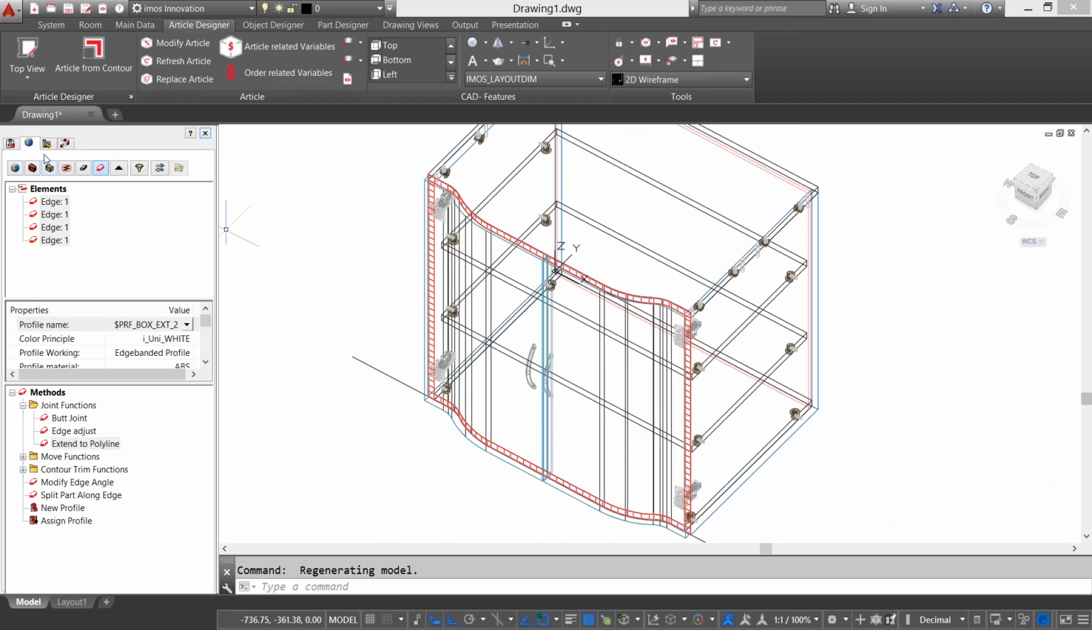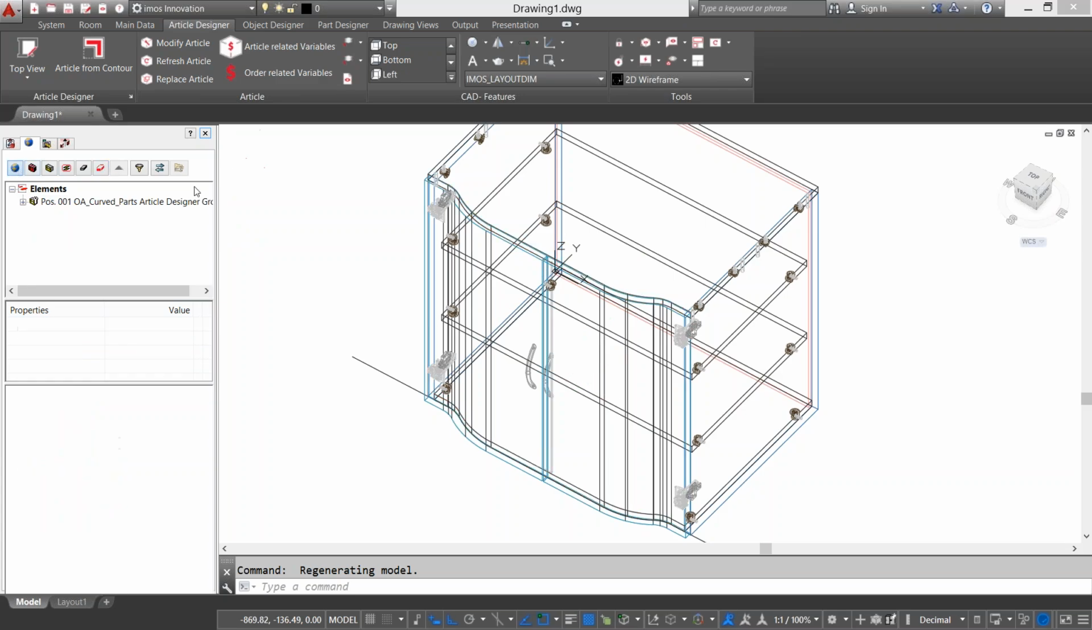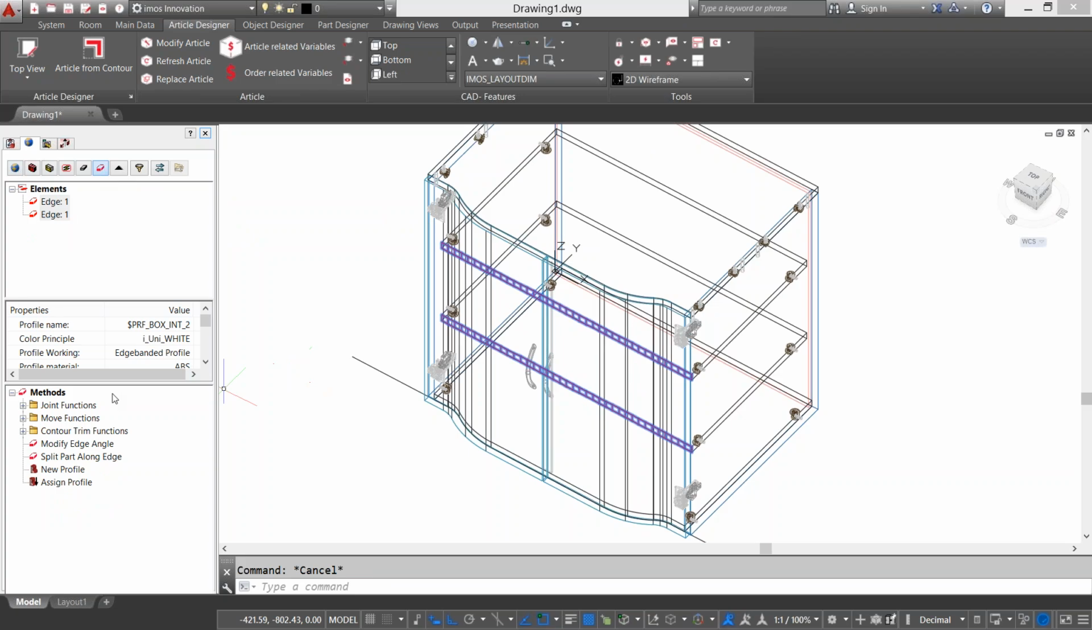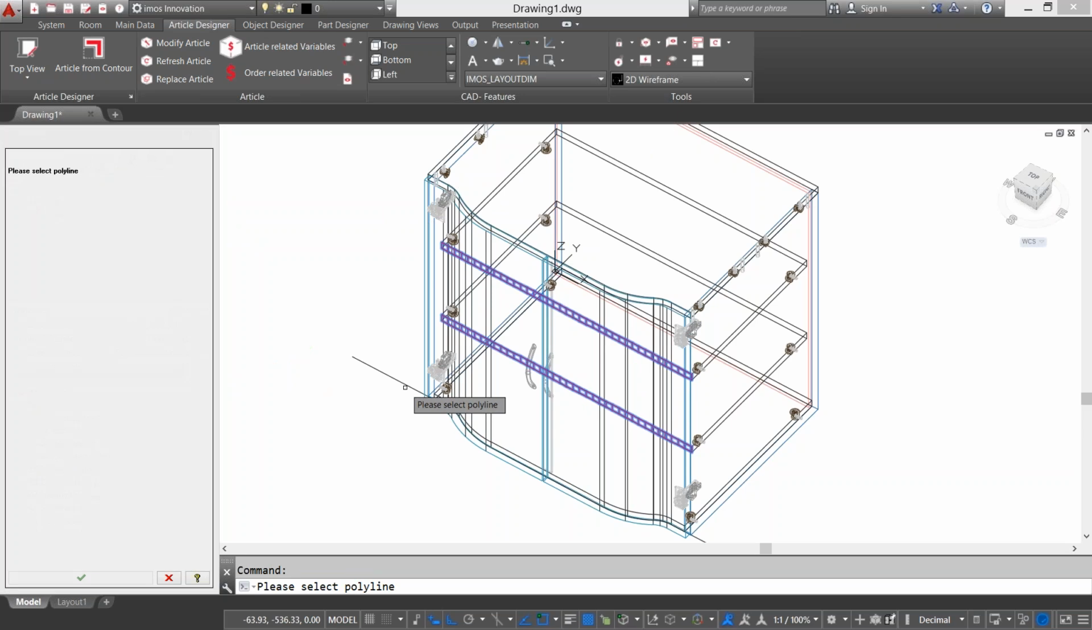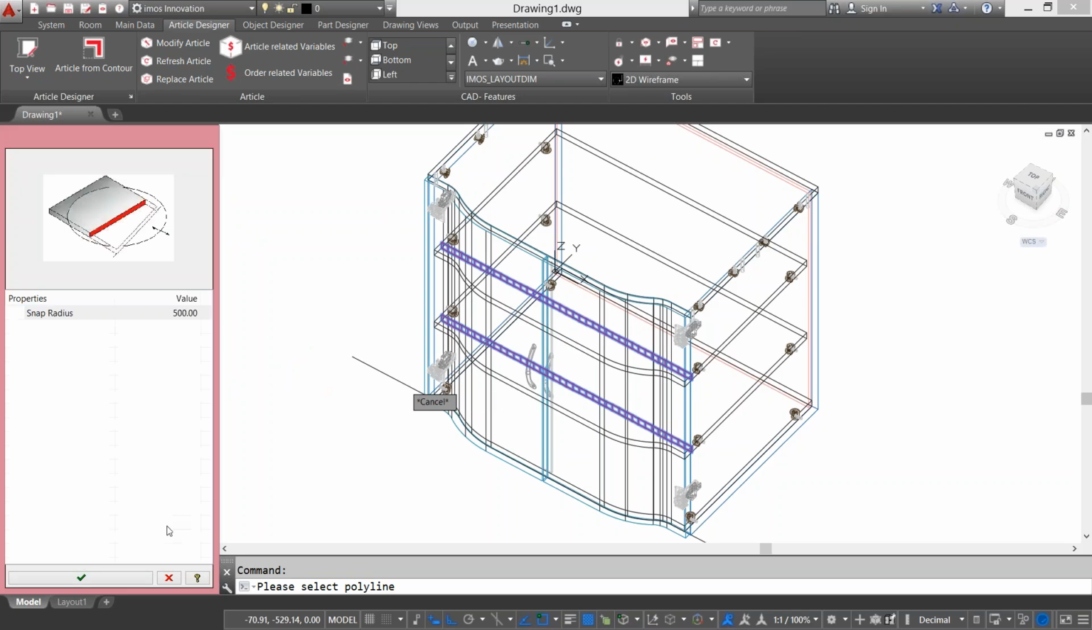So finally, we need to modify the edges of the interior parts. The reason we did that separately is because we'll give these edges an offset as well afterwards. So again, I'll choose the select edges function and click this edge and this edge, confirm with a right click. And in our methods section, again, we'll have to choose the extend to polyline method and select our polyline, confirm with the green check mark,